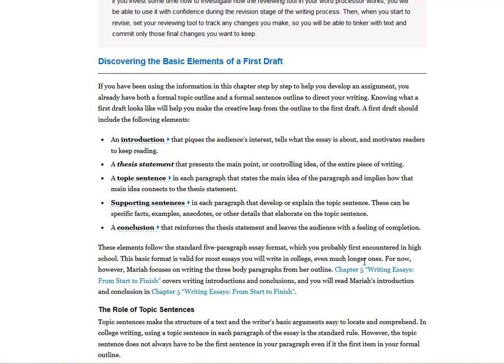Supporting sentences in each paragraph that develop or explain the topic sentence. These can be specific facts, examples, anecdotes, or other details that elaborate on the topic sentence. A conclusion that reinforces the thesis statement and leaves the audience with a feeling of completion.